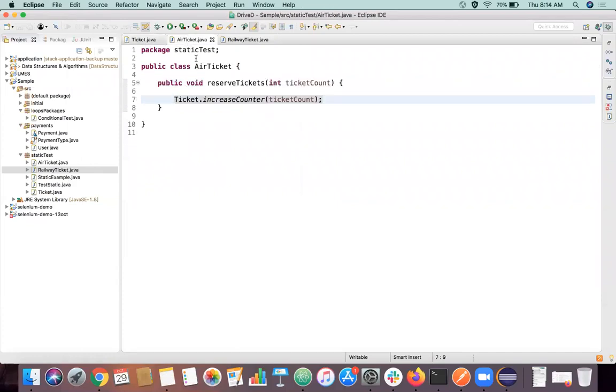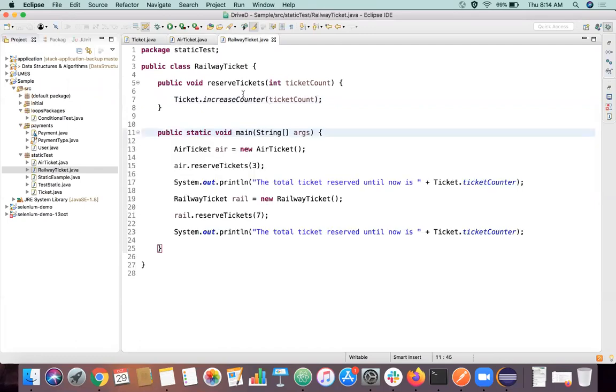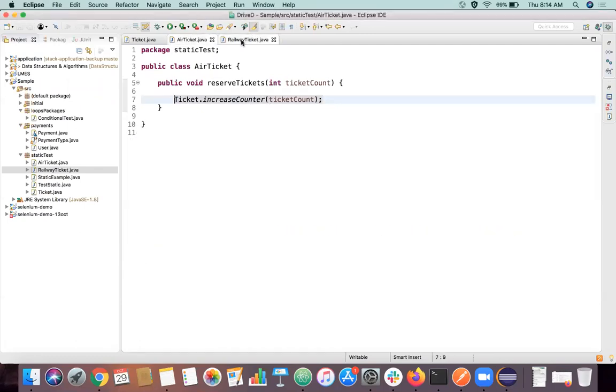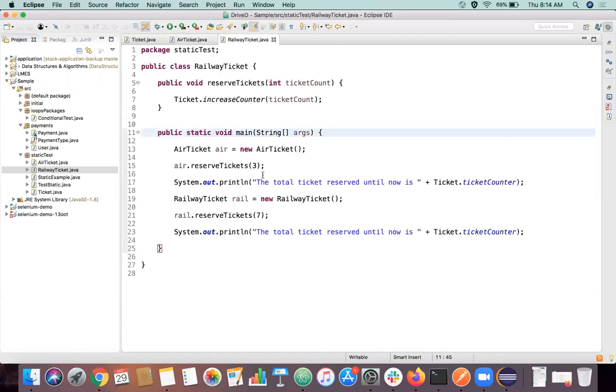So if you have some counter here, then it will probably count this air ticket only, and it will be difficult to implement this air ticket counter here. You have to create an object of air ticket inside this railway ticket, and you have to add those two objects and create a new object elsewhere and call those objects and counter variables and print the value.